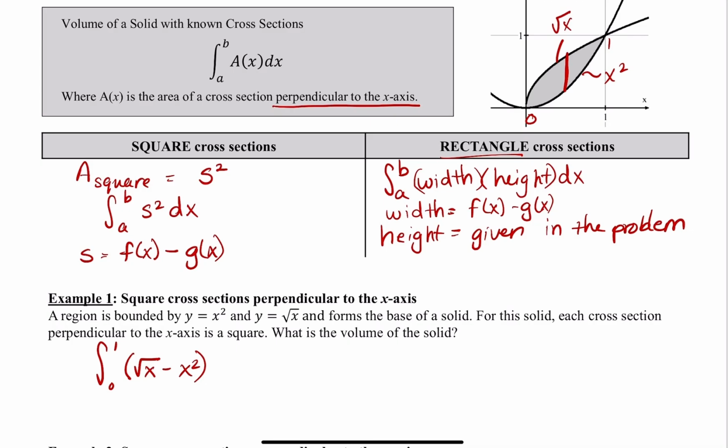And you can obviously multiply it by itself to get the area of the square, or you can just square the whole result. Now, I know some of you might get confused and be like, oh, what if I mess up and don't know which one is the top curve, which one is the bottom curve? I wouldn't stress too much about it, because no matter what, if you square a result, whether it's negative or positive, it'll end up being a positive result anyways. So you go ahead and work out that integral, and you should get